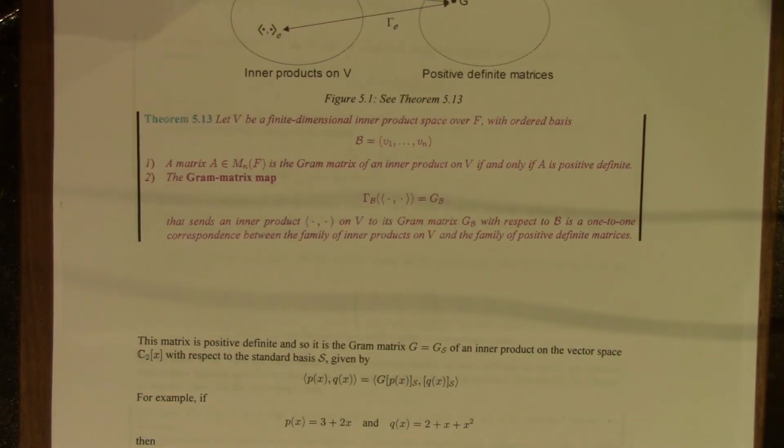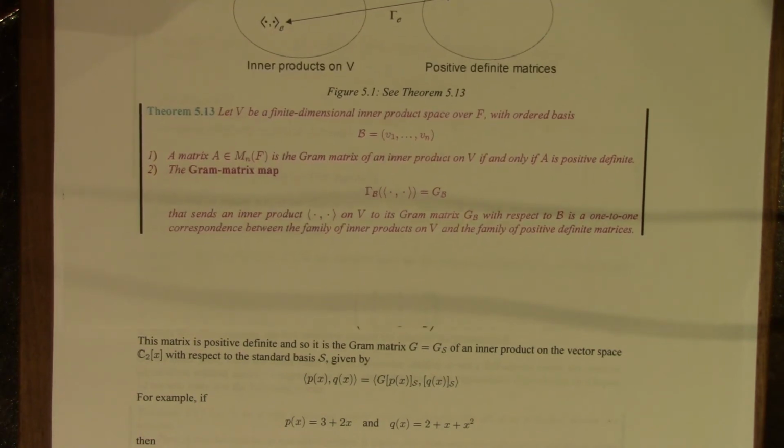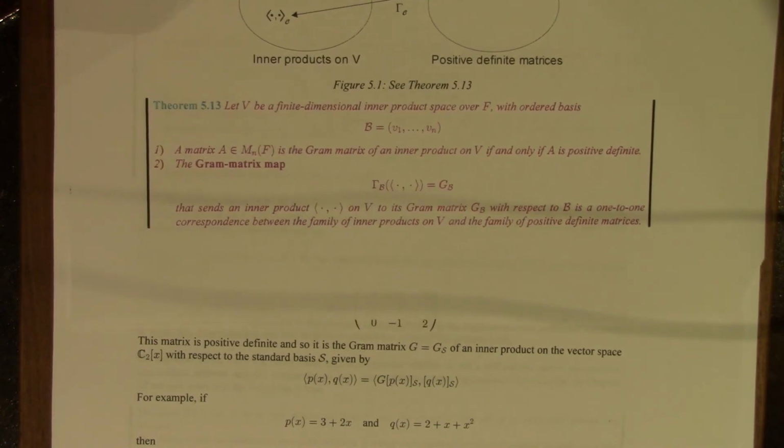So loosely speaking, we can find all inner products on V simply by finding all positive definite matrices. Actually, simply is the wrong word because that's not so simple. But in theory,